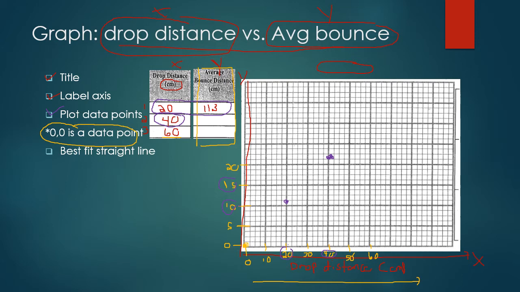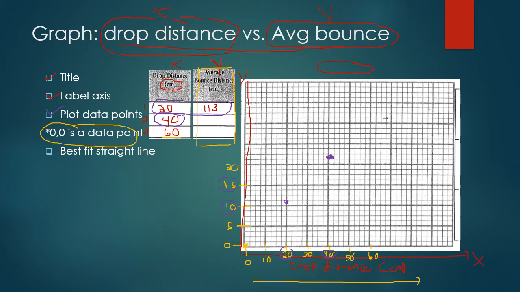When we're doing a best fit straight line, the goal is to go through as many data points as you can, but you're really just trying to average them. So I don't want you to connect the dots because that's not going to make a straight line. I want you to try to go through data points, but if you can't, it's more important that you're averaging those points. So you want to make sure there's just as many data points above the line as below the line. So for instance, if these are my data points,